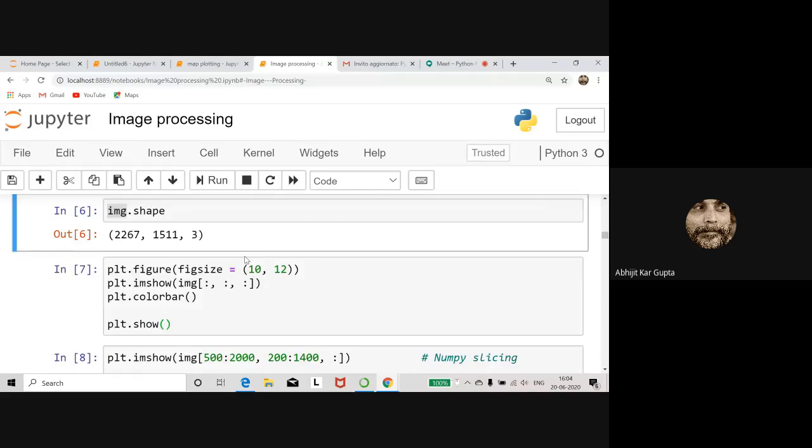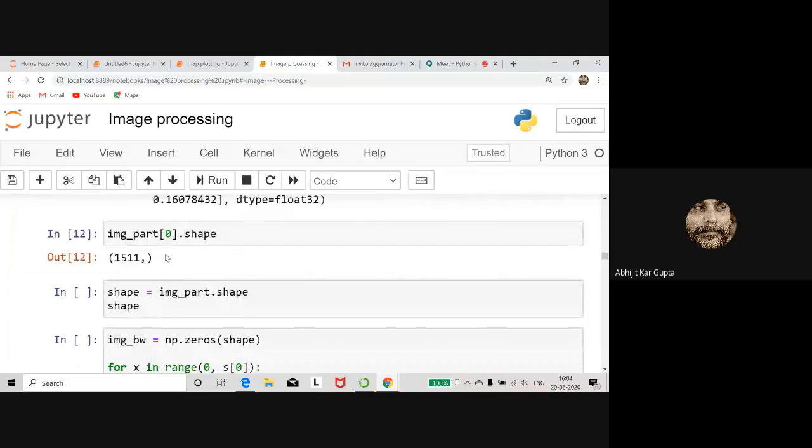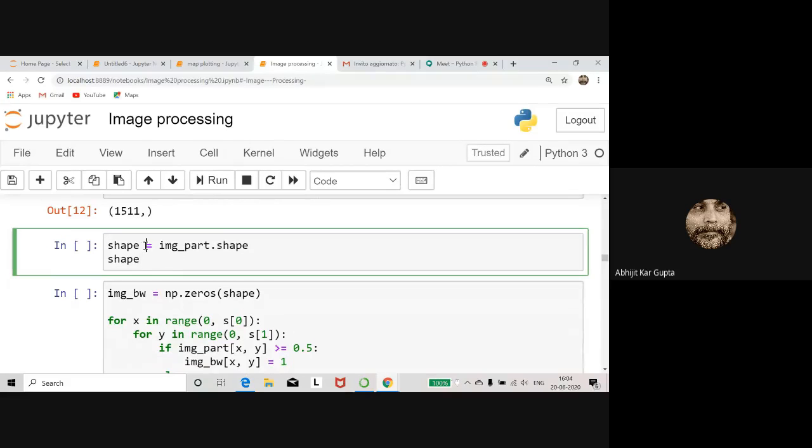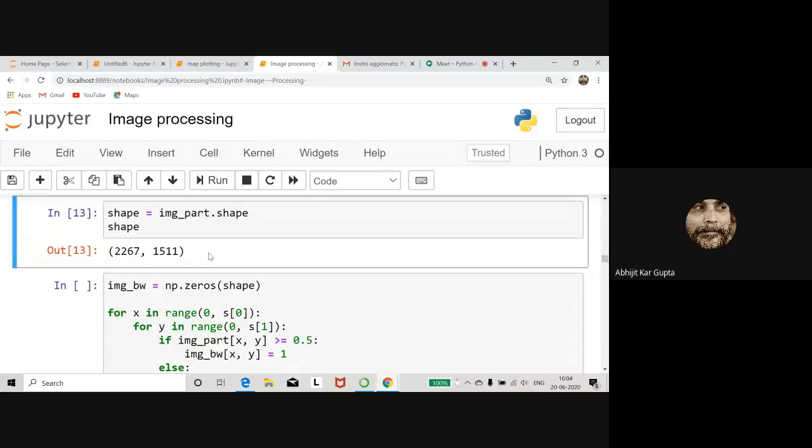Now I can take only this part. So I can write image_part.shape, copy it, assign it to shape, and check what the shape is. The shape is this, for part of this image, the 2-dimensional array.